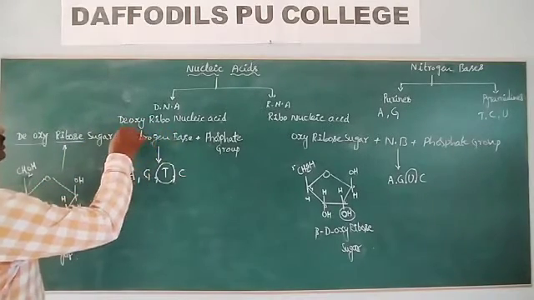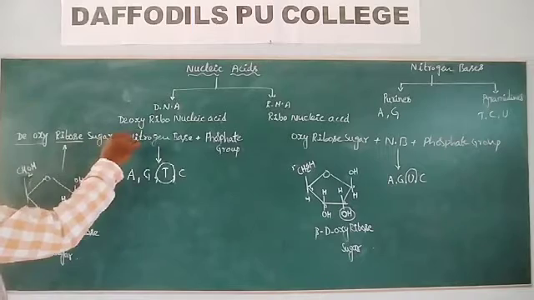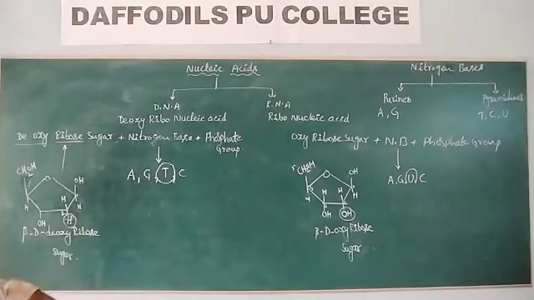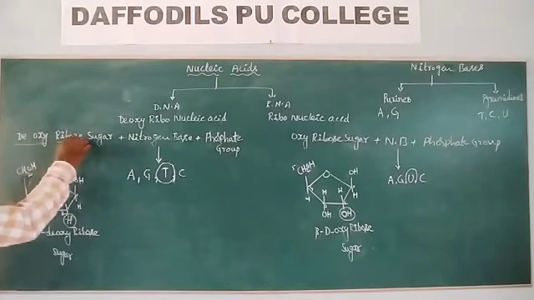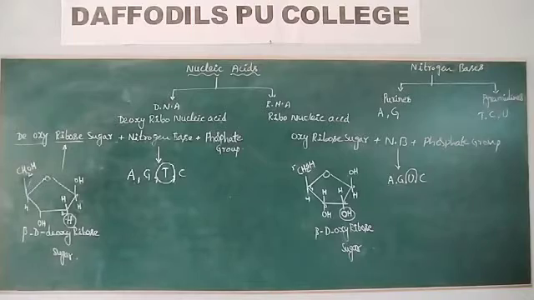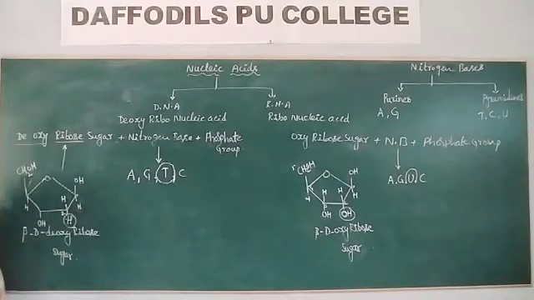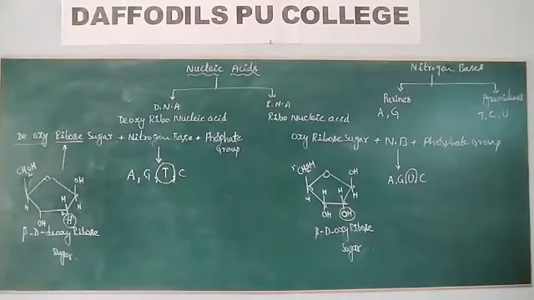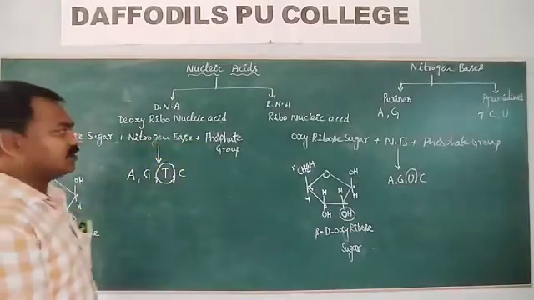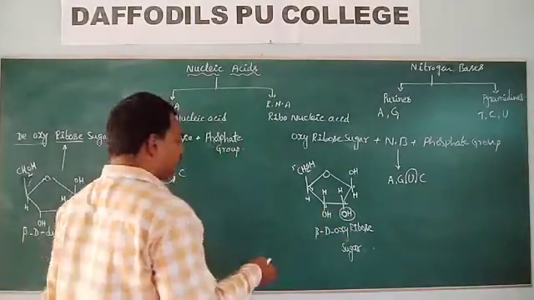Now we have to discuss what is this deoxyribose and what are the nucleic acids. A DNA contains deoxyribose sugar, or simply you can call it ribose sugar, a nitrogen base and a phosphate group. DNA contains deoxyribose sugar, nitrogen base and a phosphate group. Here I have shown this ribose. First we will discuss the RNA. After that we will look at the DNA.